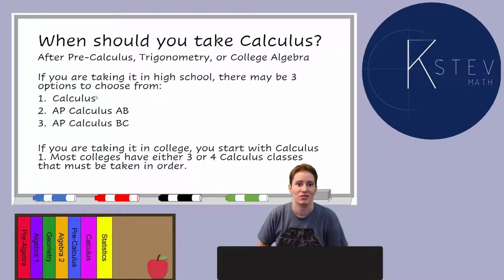So when should you take calculus? And maybe also I can answer for you, should you take calculus at the same time? So calculus is typically after pre-calculus and college algebra and trigonometry. And depending on whether you're in high school or college, depends on which of those it might be. Some colleges do have a pre-calculus course, but a lot of them call it college algebra. If you're in high school, they most likely call it pre-calculus, but you shouldn't take calculus until you've had some